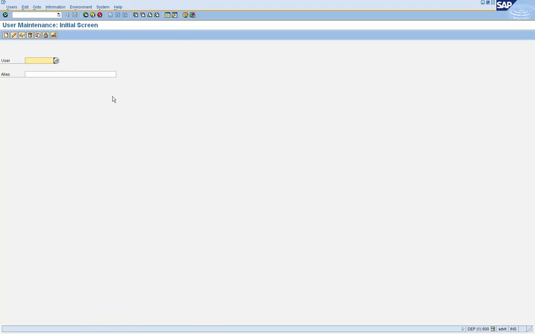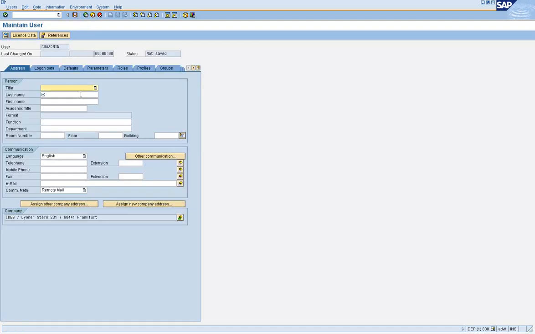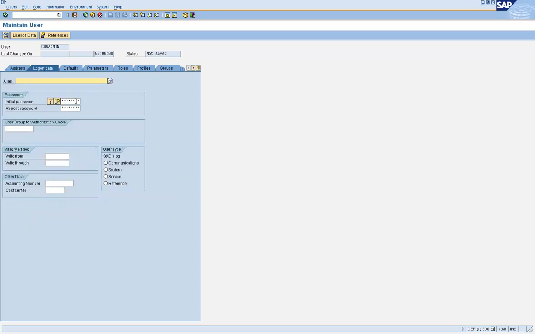So let's give the CUA system ID the name CUA ADMIN, and click on create. Now this step you have to do in all the clients. So let's give a name, and give a password,